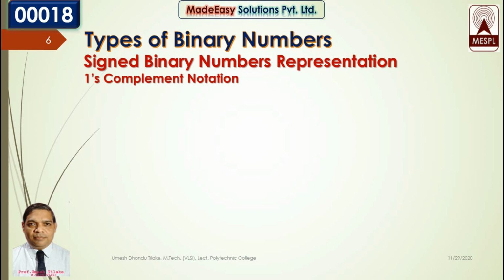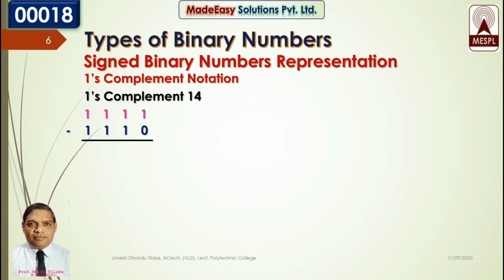Here we will just recall the procedure. So let's find 1's complement of 14. How do we find it? To represent 14 in binary, we need 4 bits. So we will subtract 14 in binary from the highest 4 bit binary number, that is 1111. So let's subtract 1111 minus 1110, which is 14 in decimal.